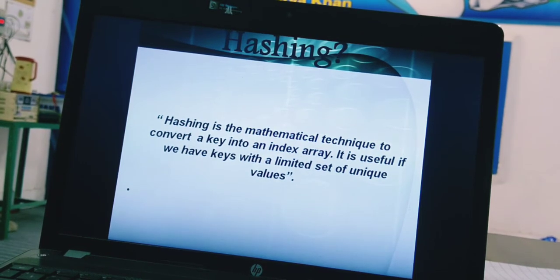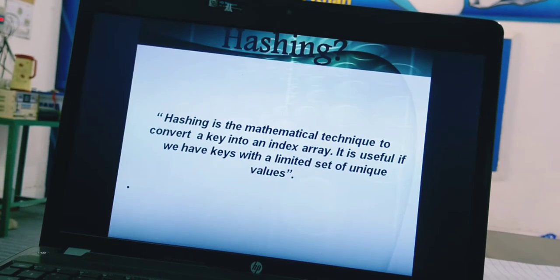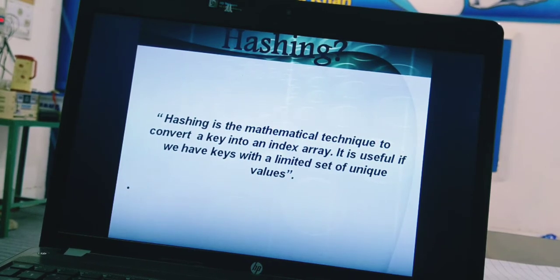Actually, hashing means to divide some very big value into small pieces using different techniques known as hash functions. Here we will also discuss these techniques, how we convert the big value into small values and place it in an array for better search options and fast retrievals.